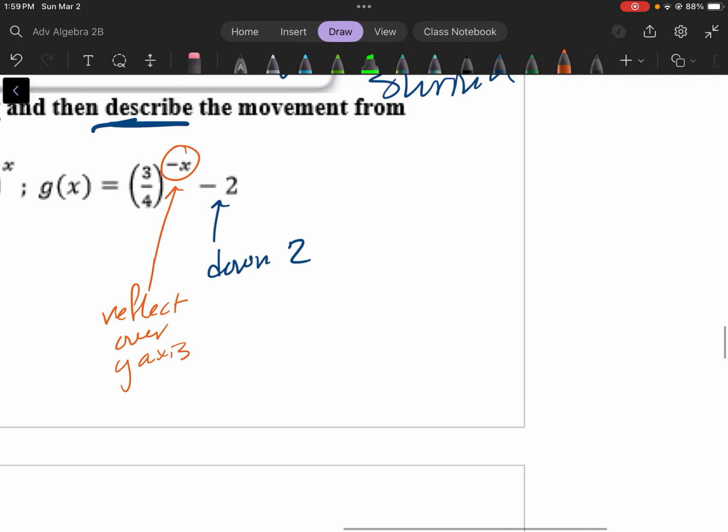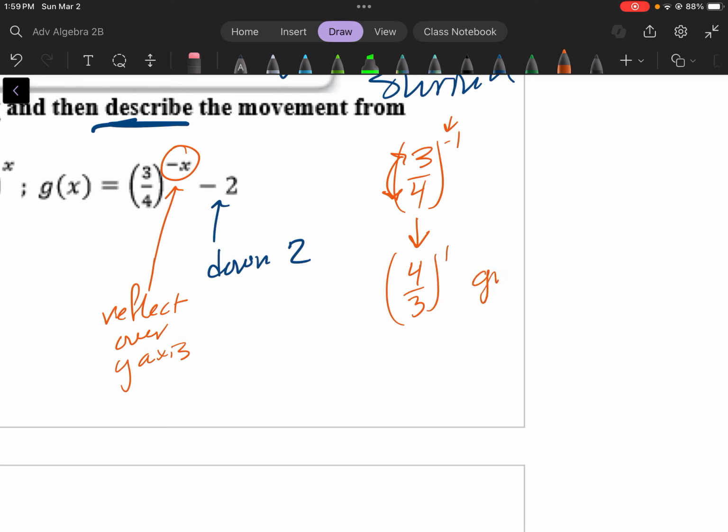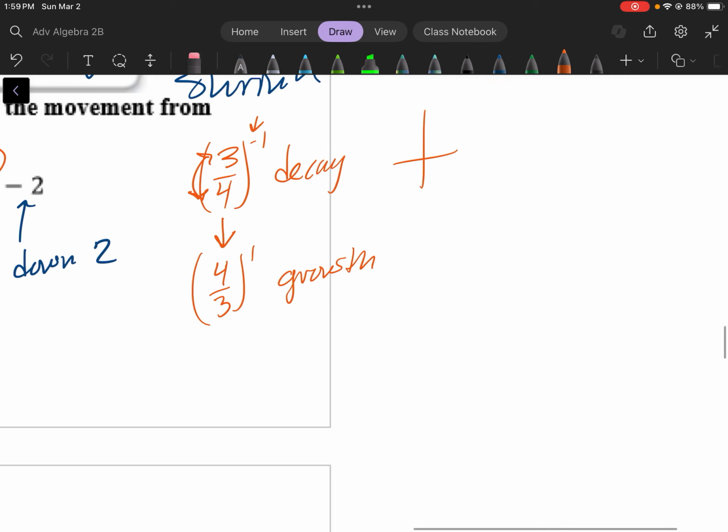Okay, and if we think about the math for that for a second, if I raise 3/4 to the negative first power, well, the negative power causes the fraction to flip. And so this goes from a b value being less than 1, where it would be decay, and it turns it into a b value that's greater than 1, and so that would turn into a growth. And so with the negative exponent, we can go from decay to growth,